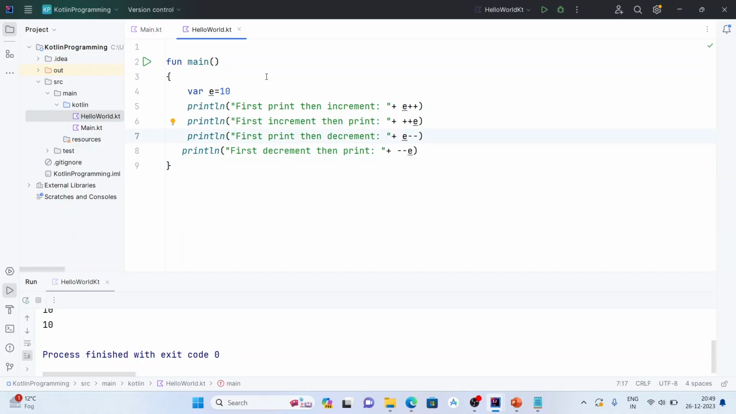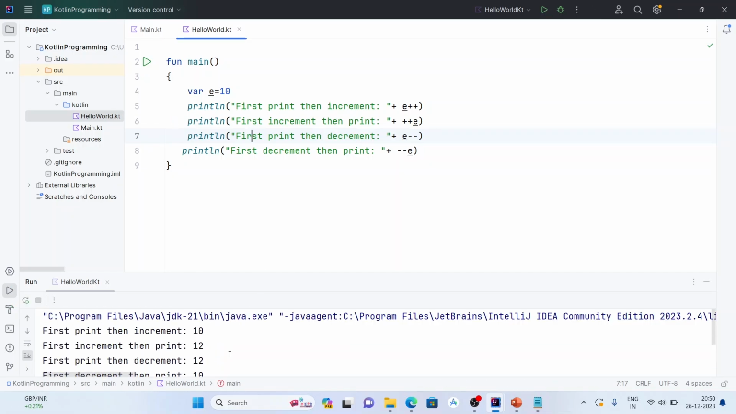That's done. Now the value of e is 10. First print, then increment. Okay, let's run it, then we will understand. Let's run it. Here you can see the value of e is 10. First print, then increment. We have printed the value of e, then we incremented it, then the value changed